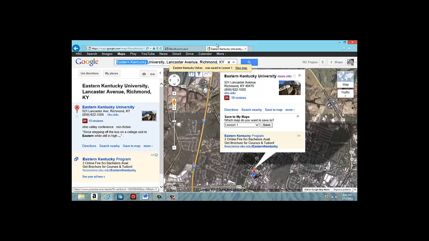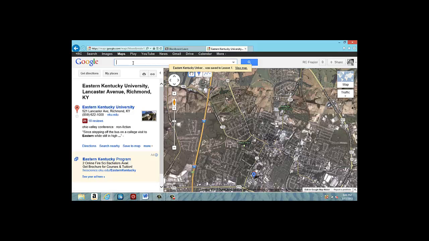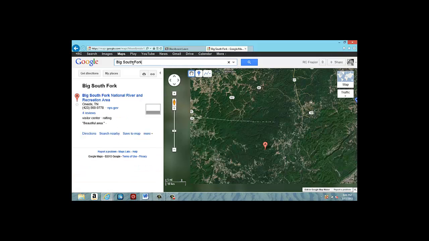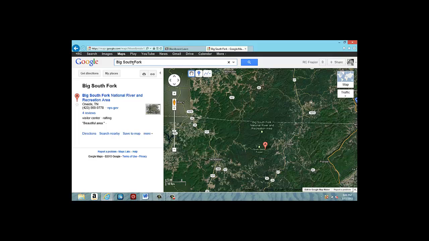Now if I go back, I'm going to delete this. I'm going to close my information box. Don't have to do that, but I like to have a good field of view when I'm working with this. And I'm going to just type in Big South Fork. Click enter. And the reason I clicked in Big South Fork is because as we go over here on the